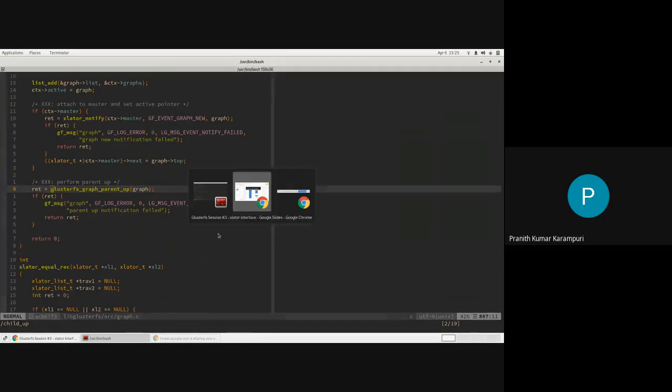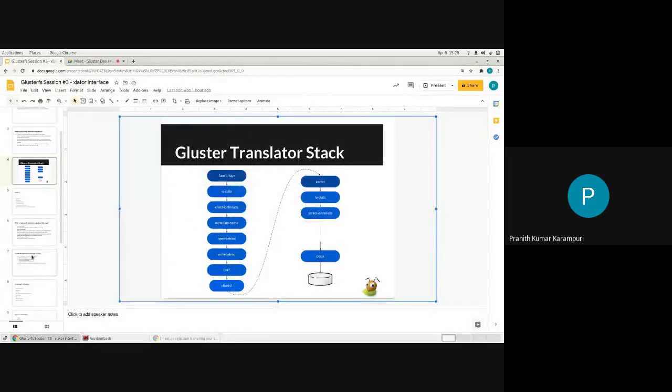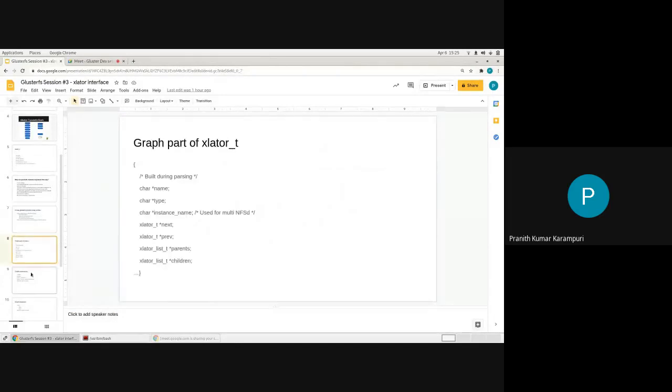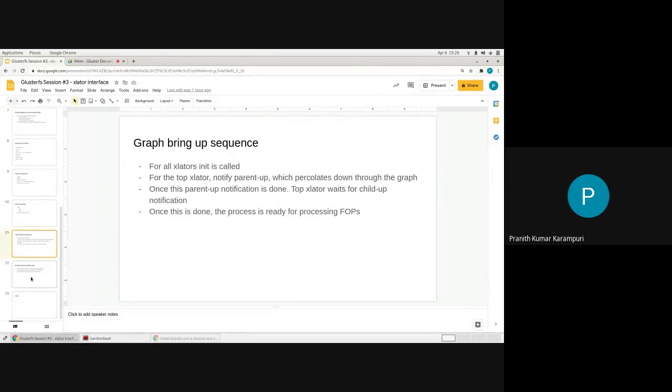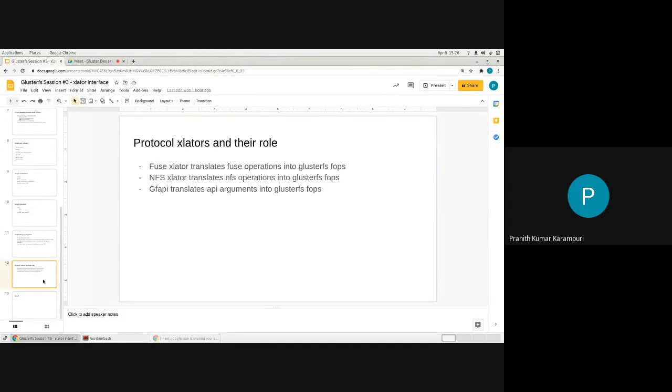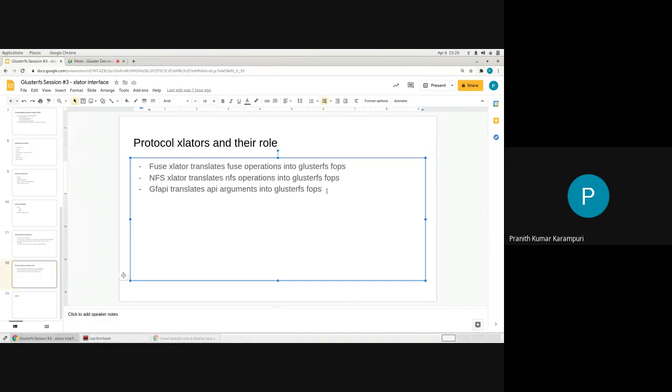So that actually concludes whatever I wanted to cover in this session. Okay, yeah, so some things, I think I can also add the server translator, RPCs.